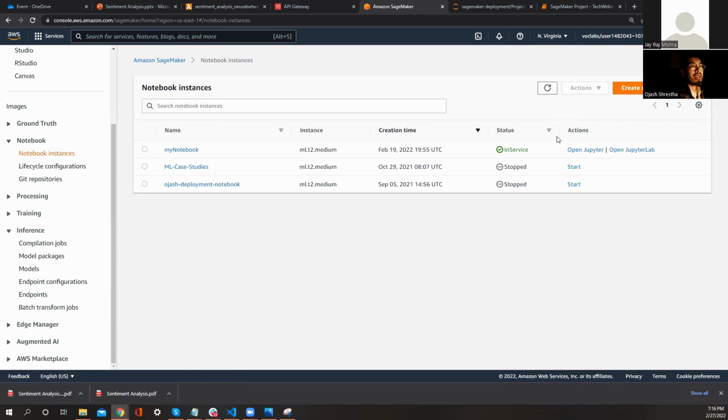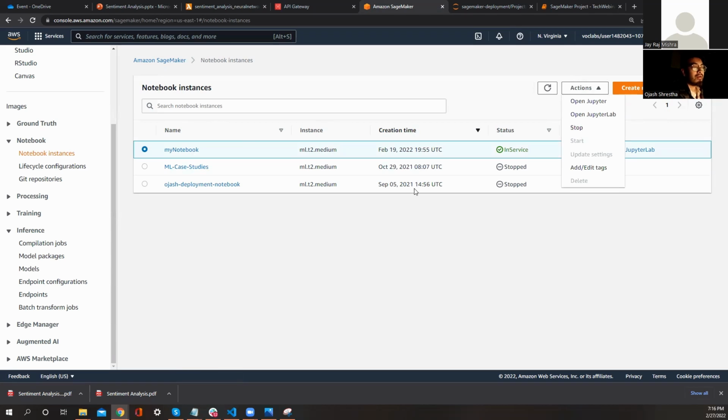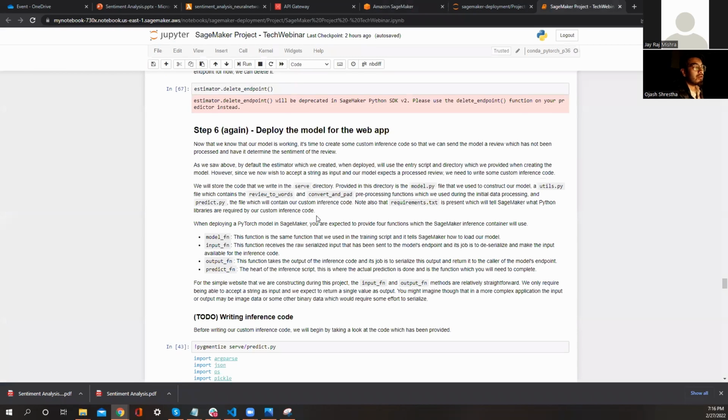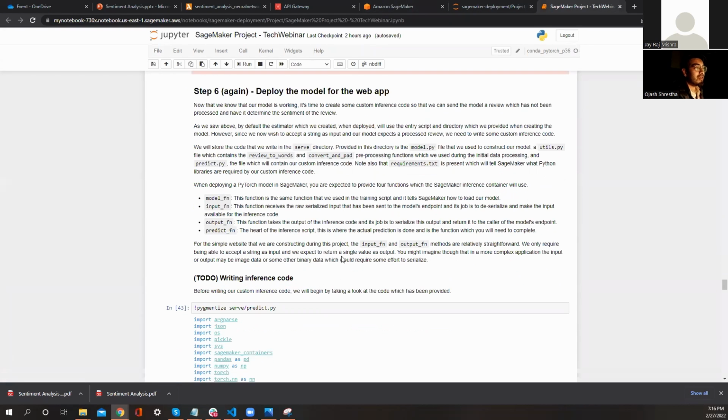You need to make sure that you click over here, choose, and you stop it, right? Because this is an ML T2 medium that I use. And inside this notebook, I use another 2 instances. So all of these are going to charge you, right? So you need to make sure that you shut it down if you are not using it.